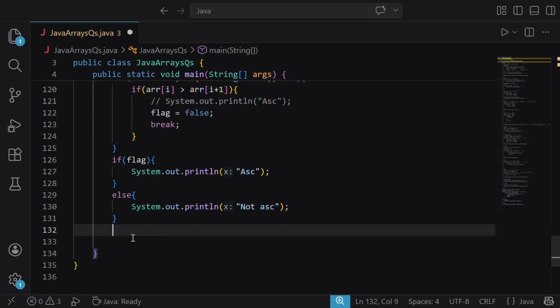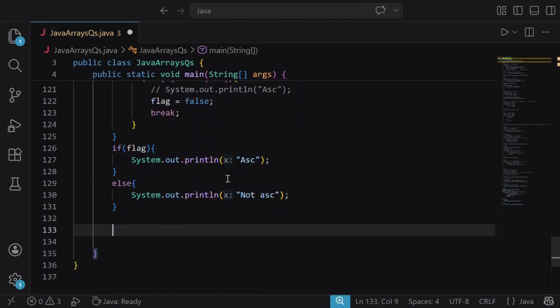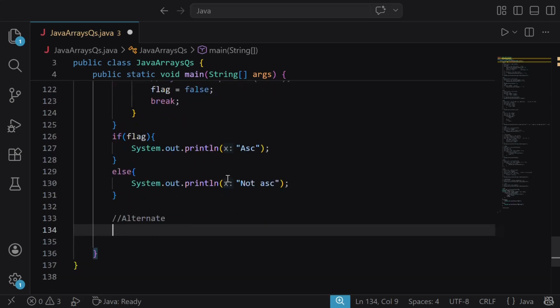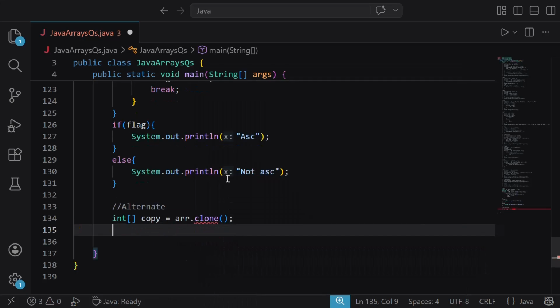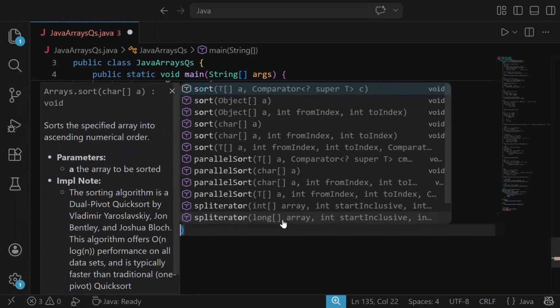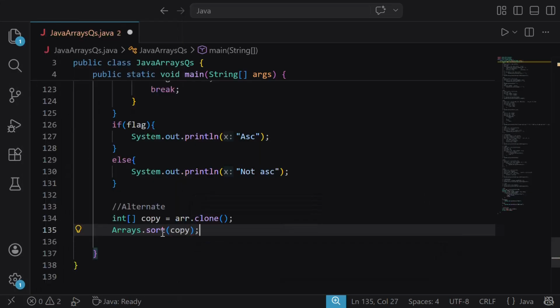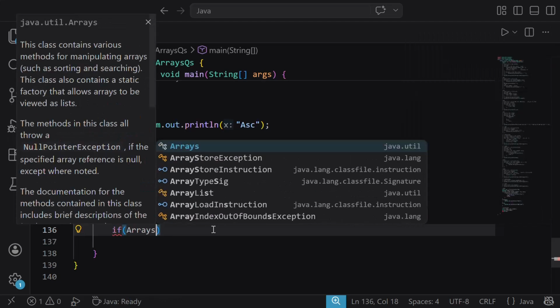For that, we already have this array and we can make a copy of this array. Let's say here alternate. So let's make a copy. We can name it copy only, arr dot clone, and after this we can sort the array. So Arrays dot sort copy. So we have simply sorted the array using Arrays dot sort, and now we can compare